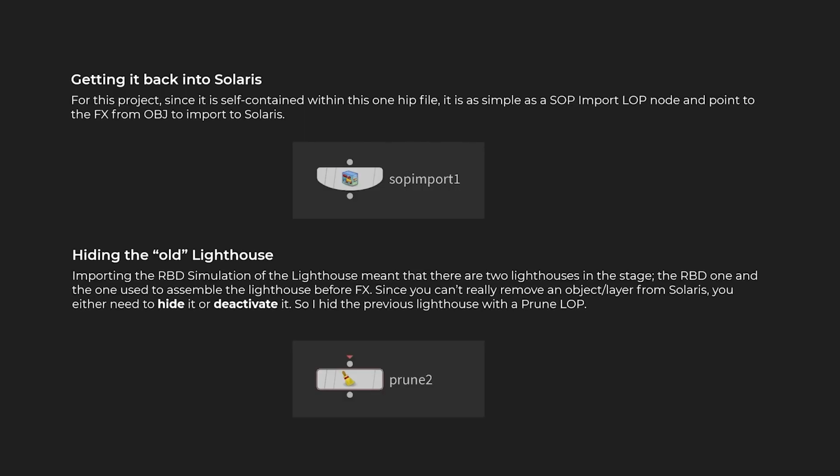And once the effects are all done, all that post-processing and stuff like that, I get it back into Solaris using a SOP import LOP. We've used that before, right? And I also had to use a prune because once I bring the effects back into Solaris, there are actually two lighthouses. One that is the one we use for layout and all that, and the new one, which is already fractured